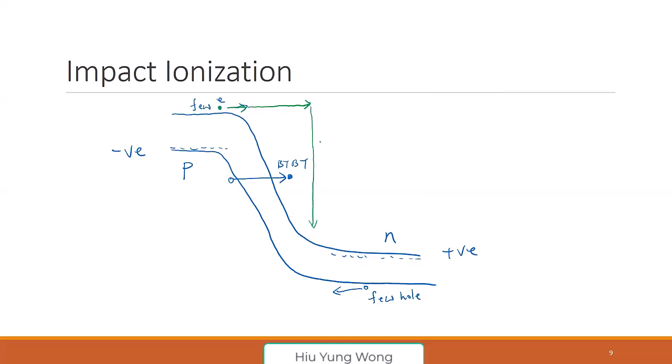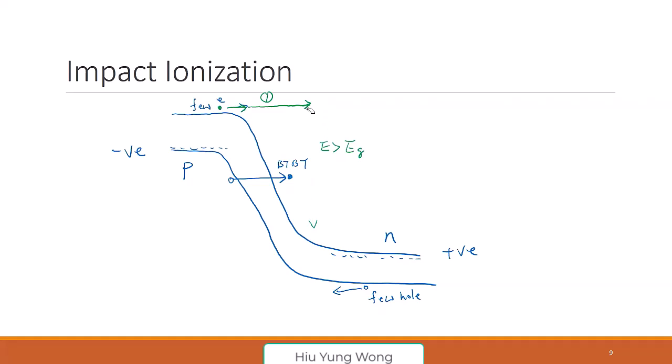What happened to this energy? Your energy, if it is larger than the band gap, you hit the lattice. You hit the electron that are bound to the lattice. And because of this, what will happen? You are going to,